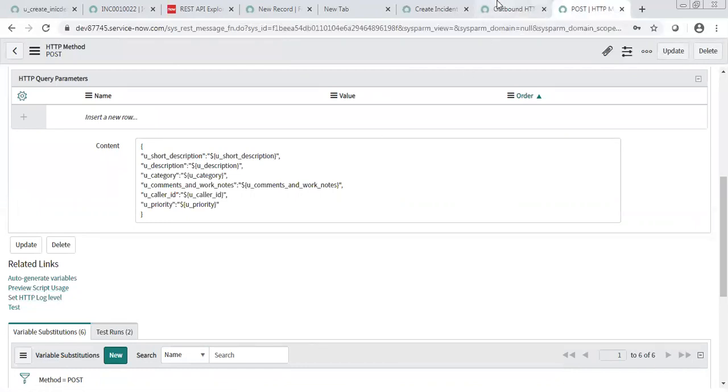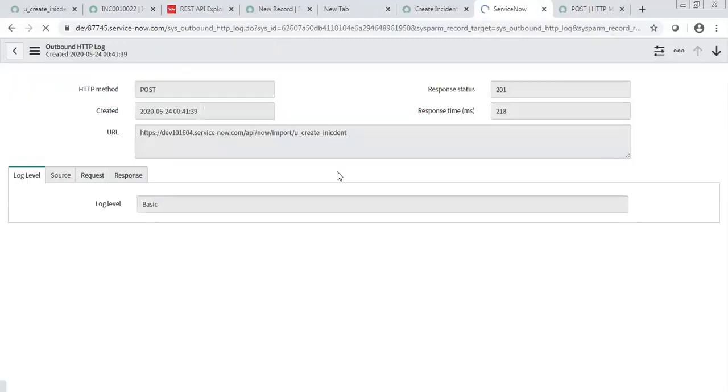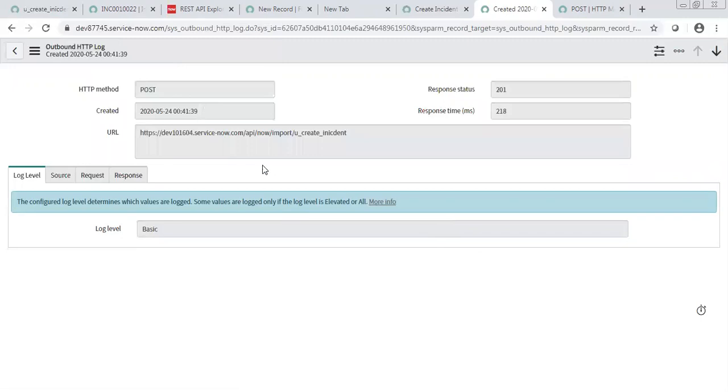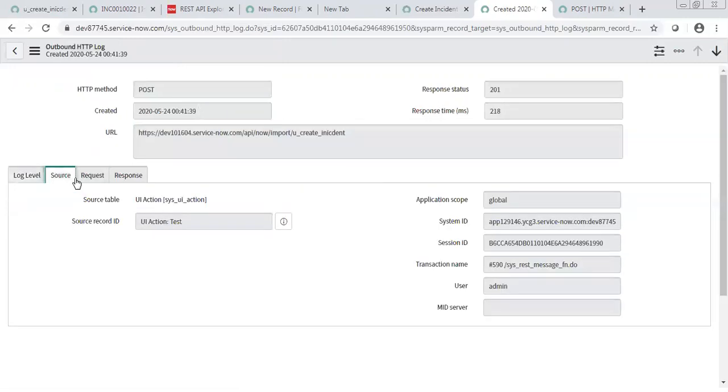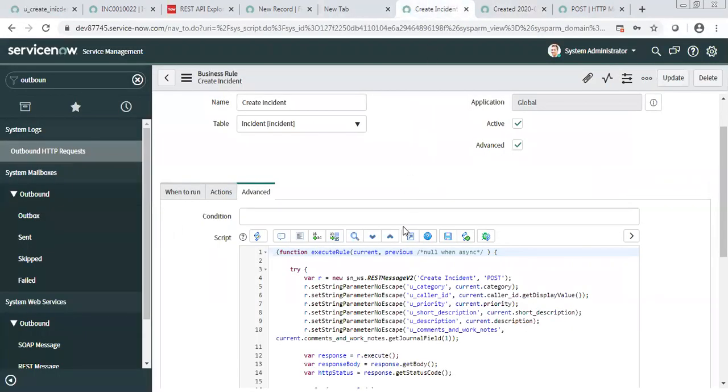Okay. So we need to select all, is it? All will give you more information. Basic will give you just this one. See, previously it was just basic, so it was saying this URL was triggered, this was the source. This is just to see what has happened. Yeah, you can pull a report like how many incidents were created, what was sent, what failed, all those things will be tracked there.